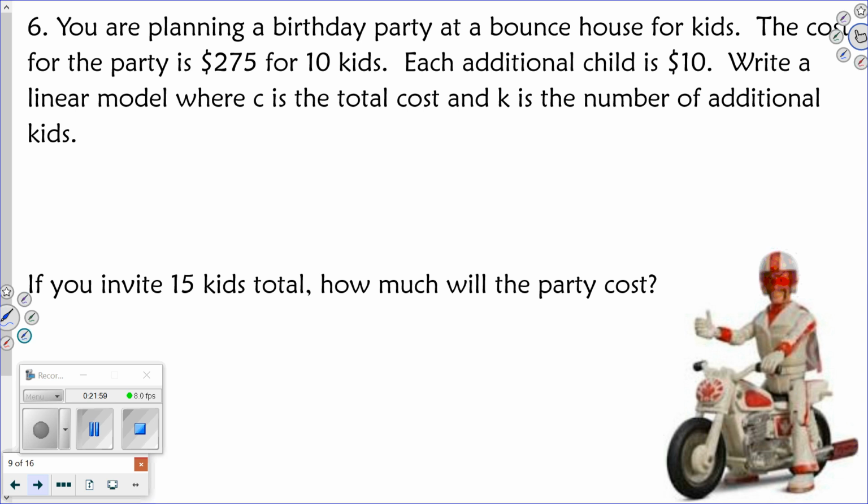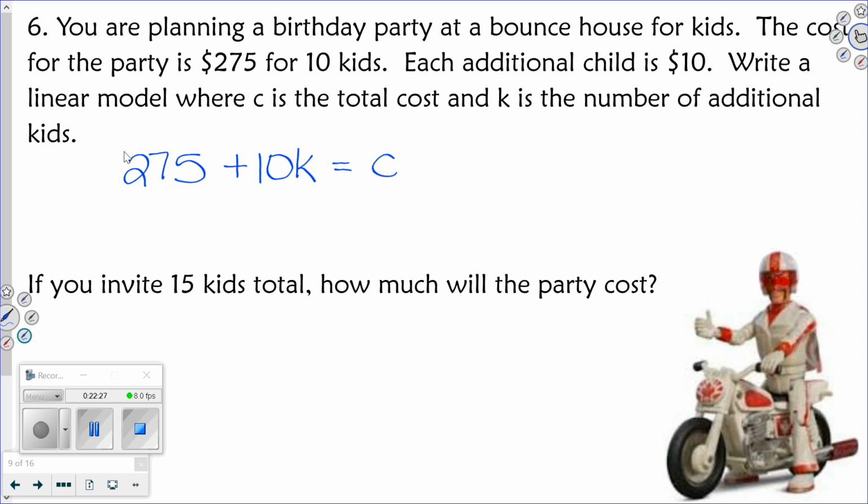So what do I have to write? What's my equation look like? What do I know is like a flat cost? Right away, it's going to be $275. Am I going to add on to that cost, subtract from that cost? I'm going to add on to that. How much am I adding on? $10 for every kid, and that should equal